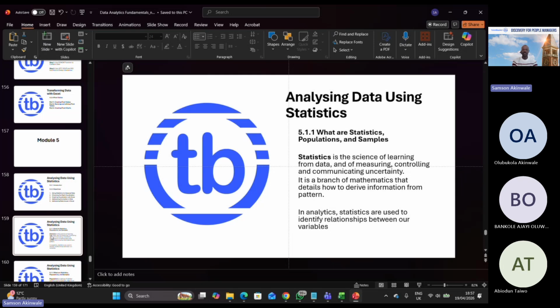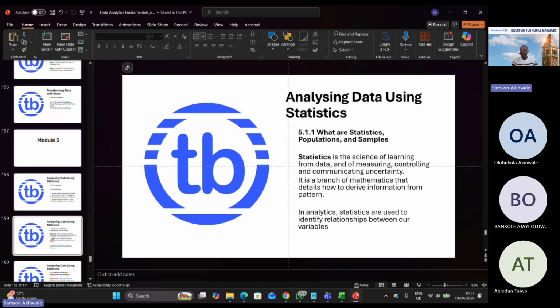But all that will be taken care of, because there is nothing so much about all of those things. In fact, the best thing you can familiarize yourself with, and you are sure you are getting it per time, is the science of numbers called mathematics. Just as statistics is called the science of learning from data, the science of numbers itself is what we call mathematics. So statistics is now a branch of mathematics that helps us to break down the details of